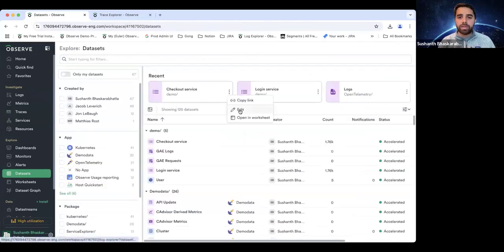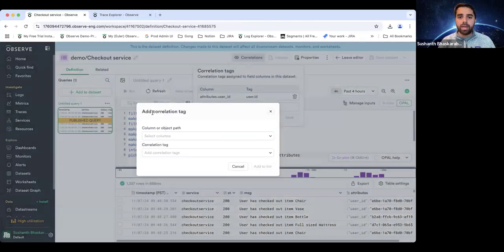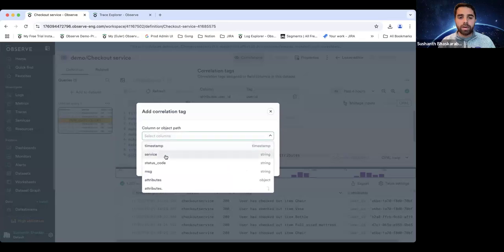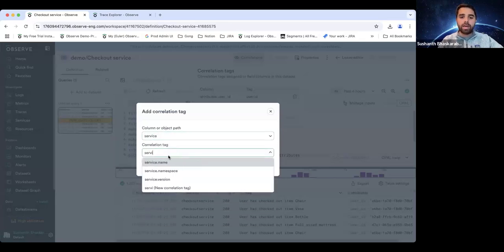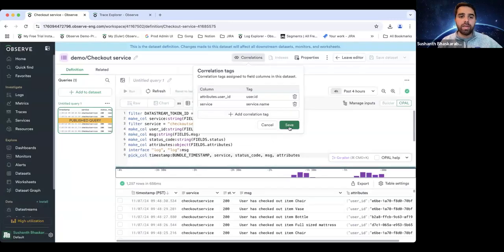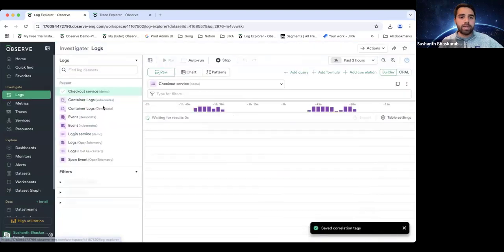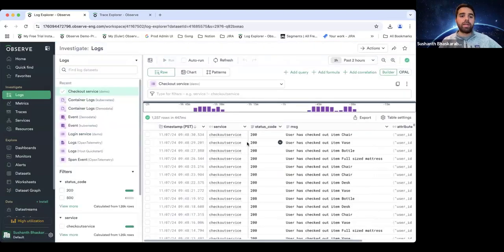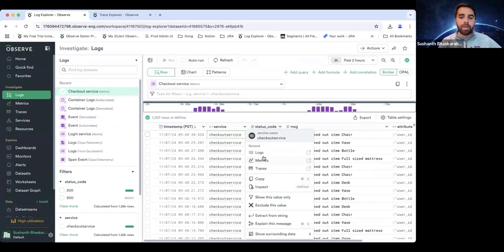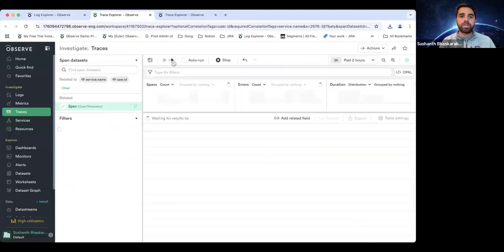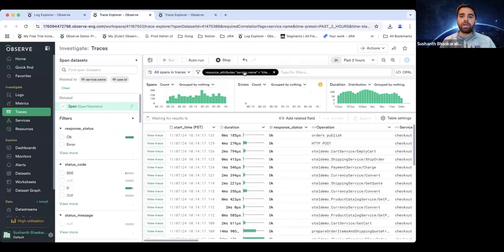If I go to the checkout service, you'll see that I can go straight here, go to the service, and then add the standard tag that Observe has already tagged my traces with. This just takes 1 second in this case. And you'll see that the Observe UI has already automatically populated a link for service, and I'm able to pivot from that line in the checkout service to related metrics, related traces, etc. If I do go ahead and jump to related traces, you'll see I'm now seeing all of the related traces